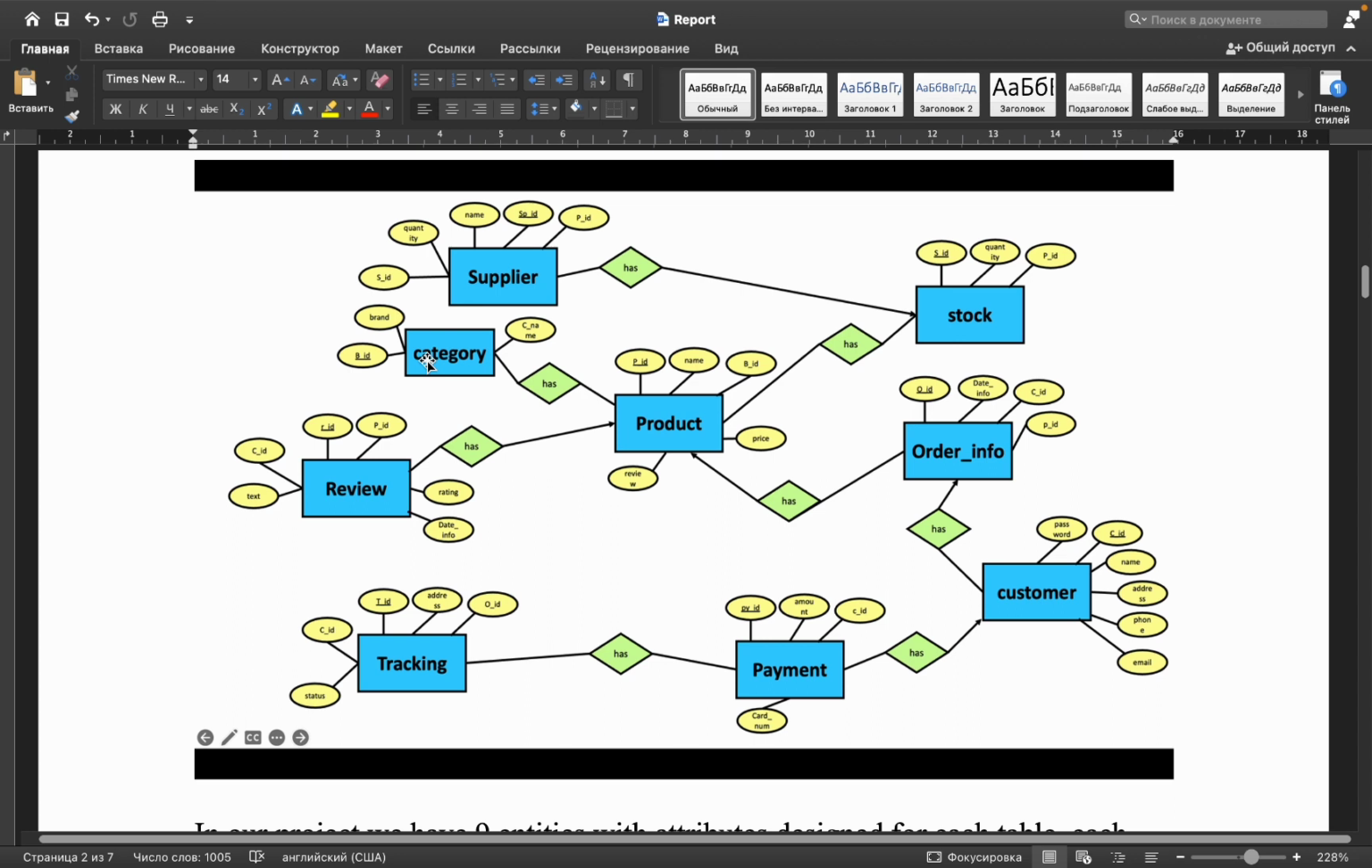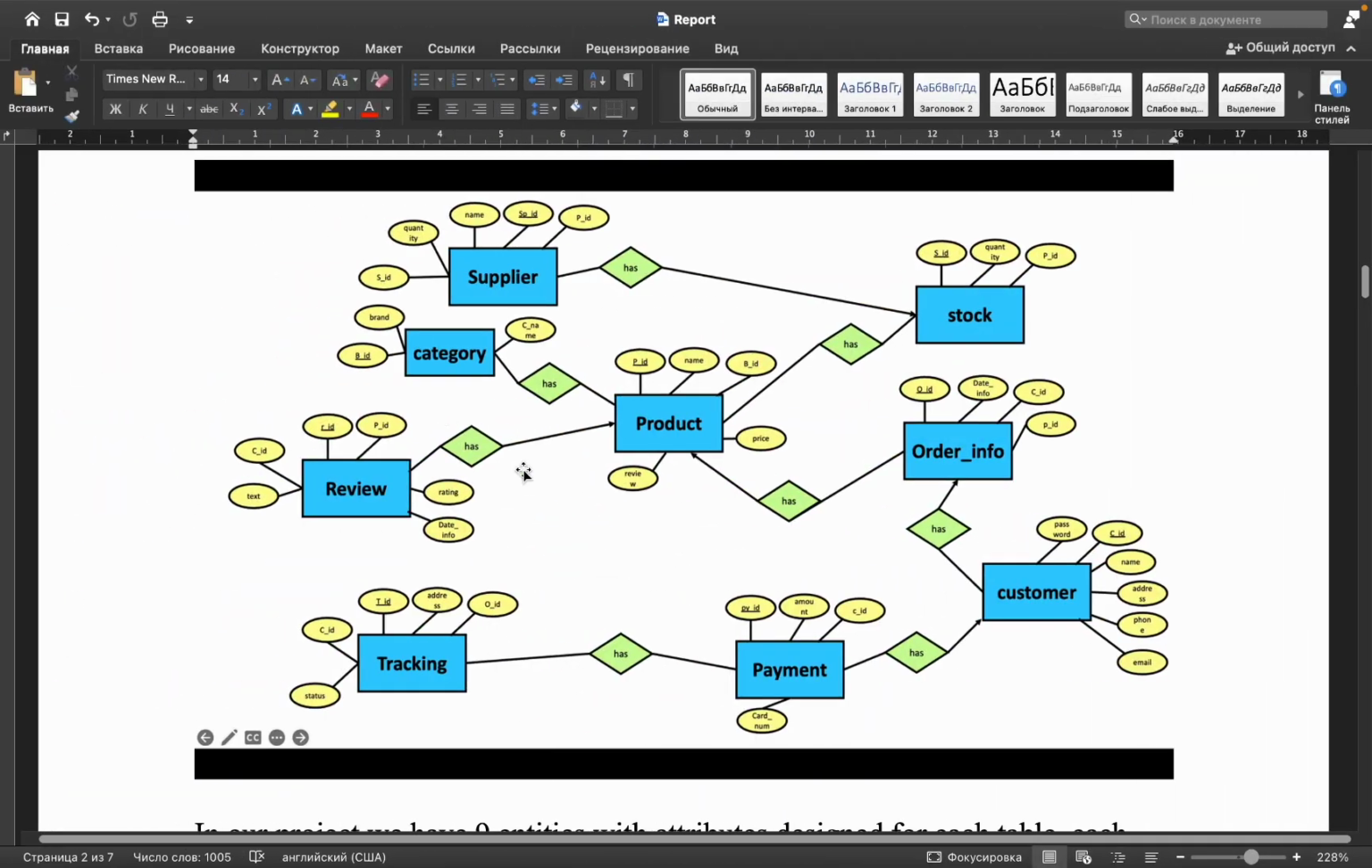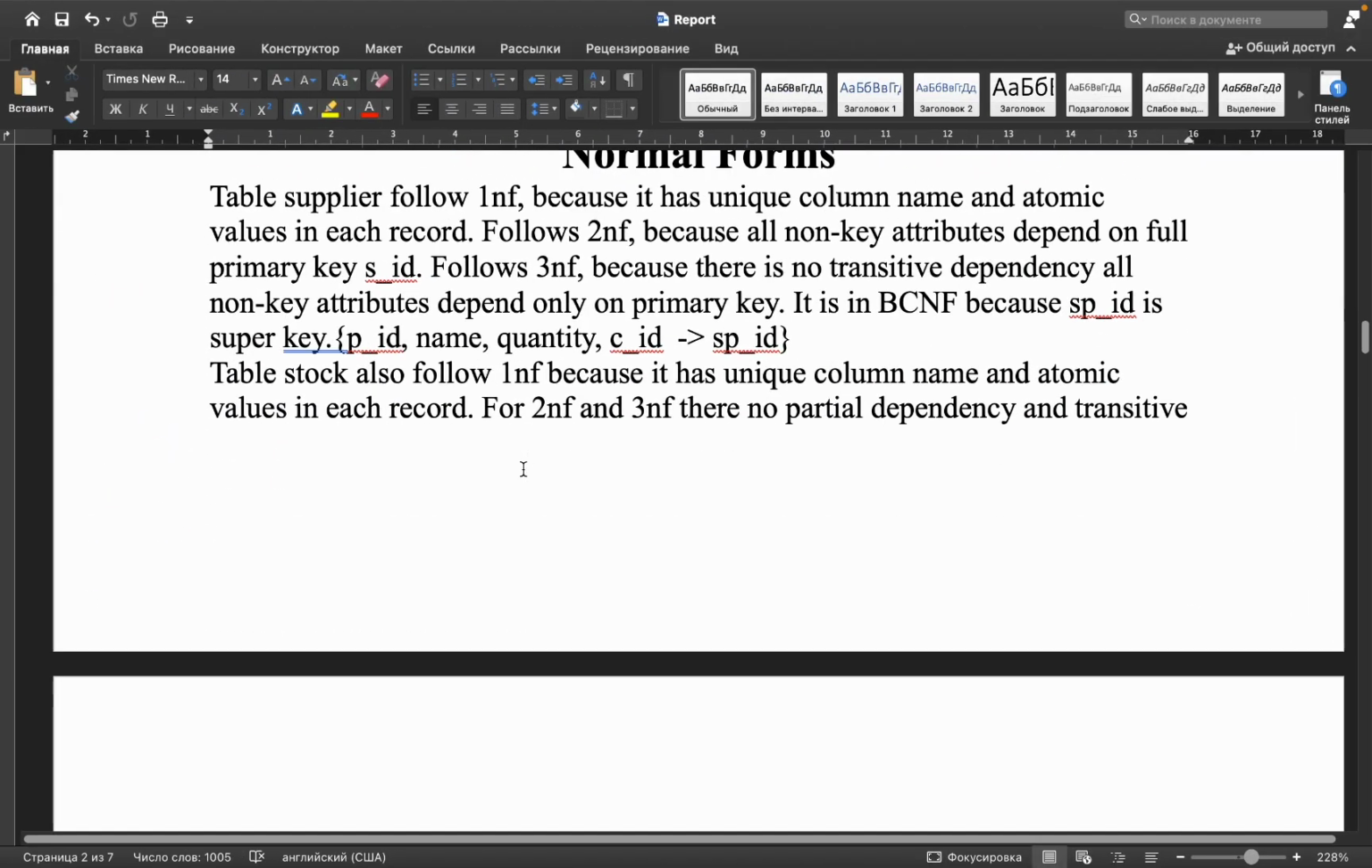All these tables are filled with data using Macaro. There are approximately 30 to 50 rows in each table. Data for these tables can be found in our GitHub in the tables folder. This was my part for creation and filling data. Next is